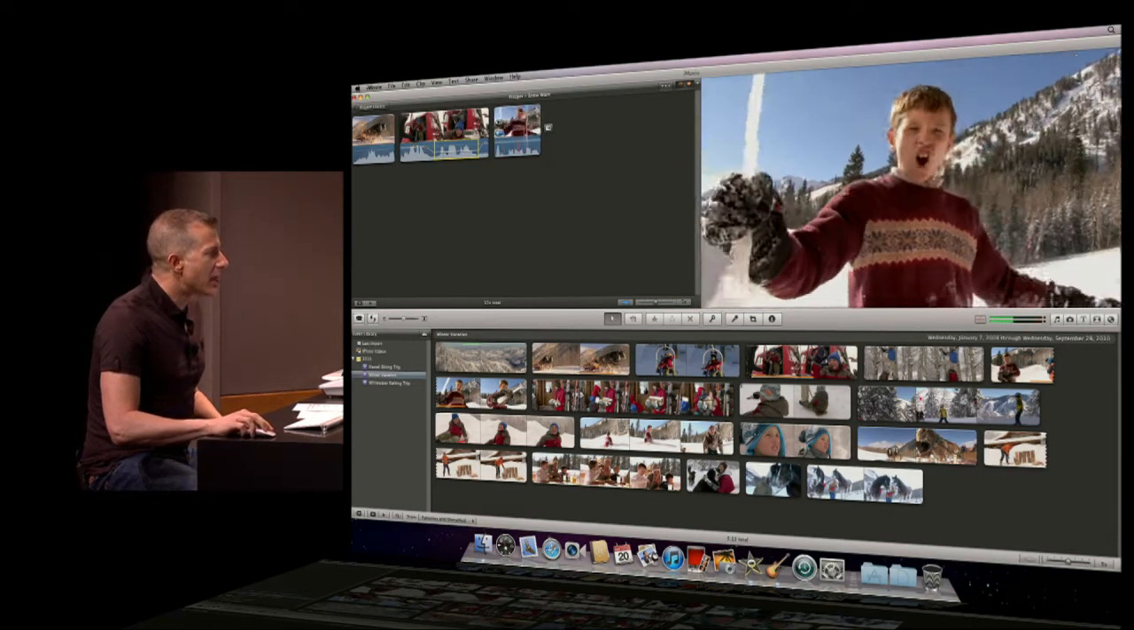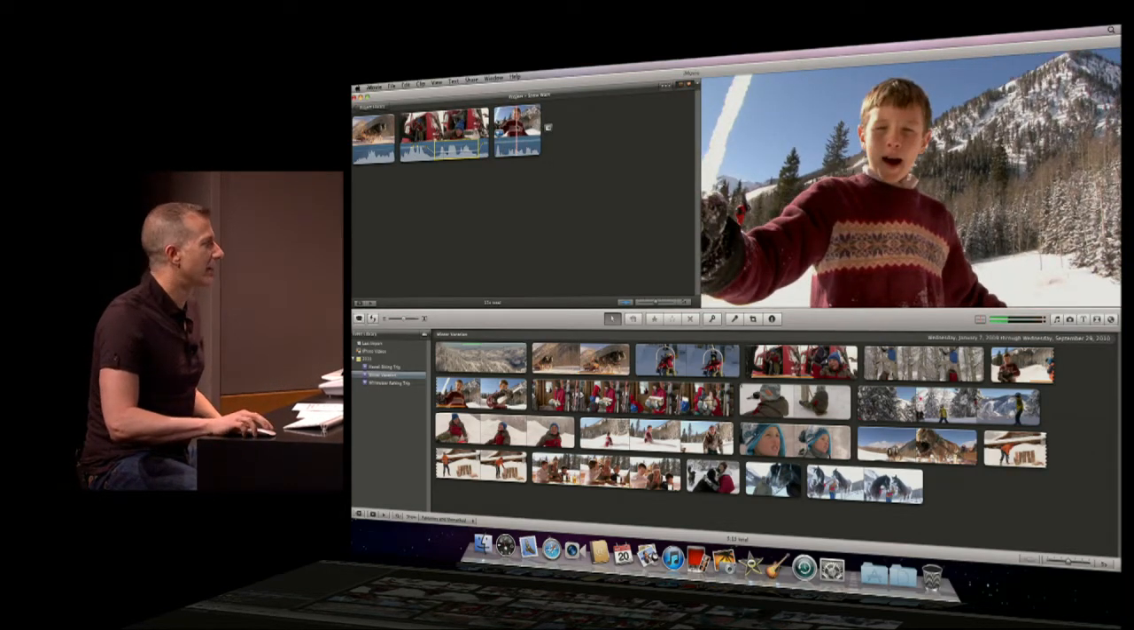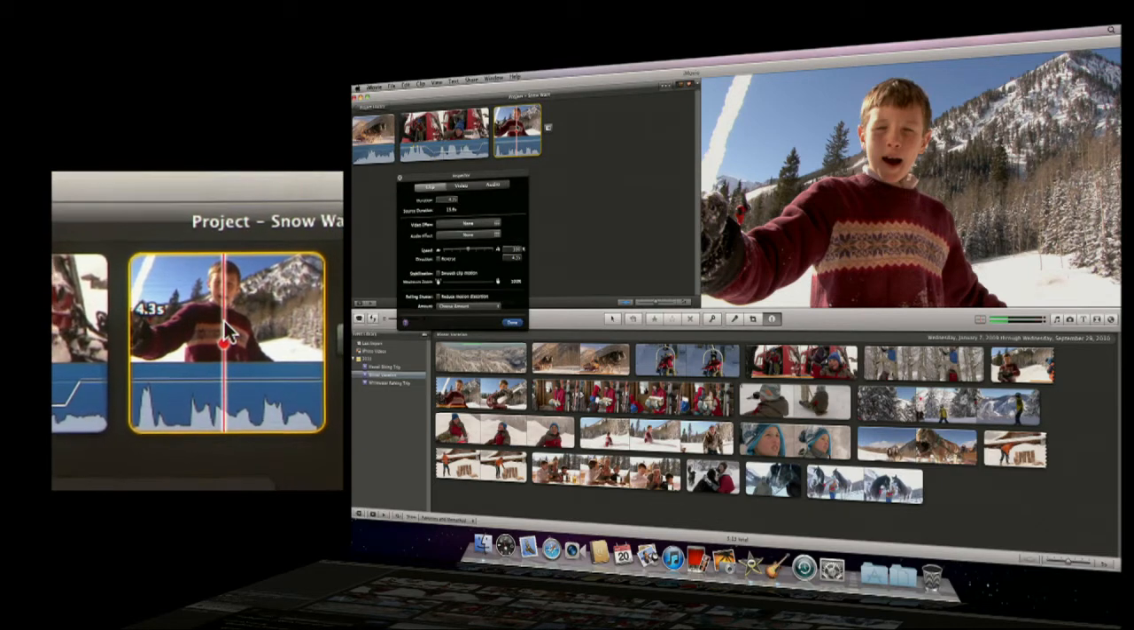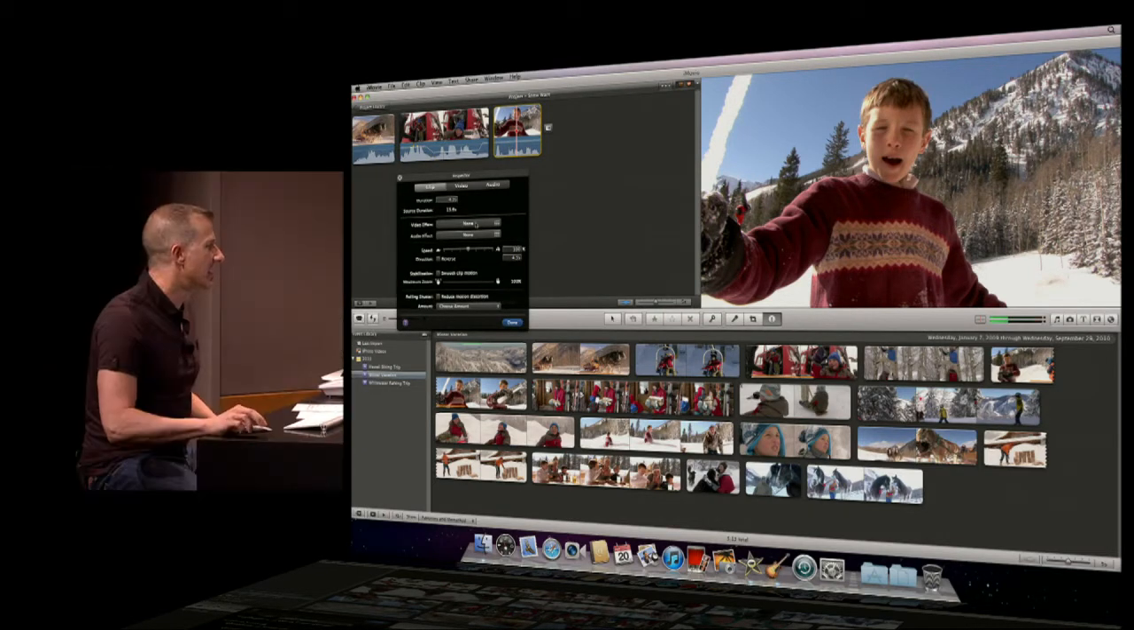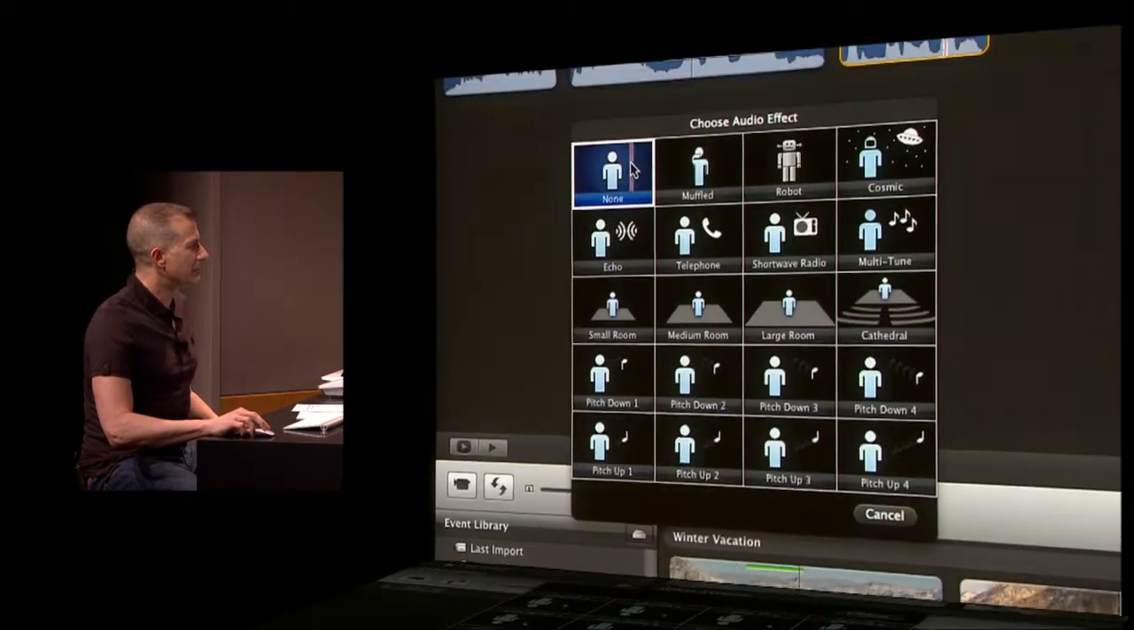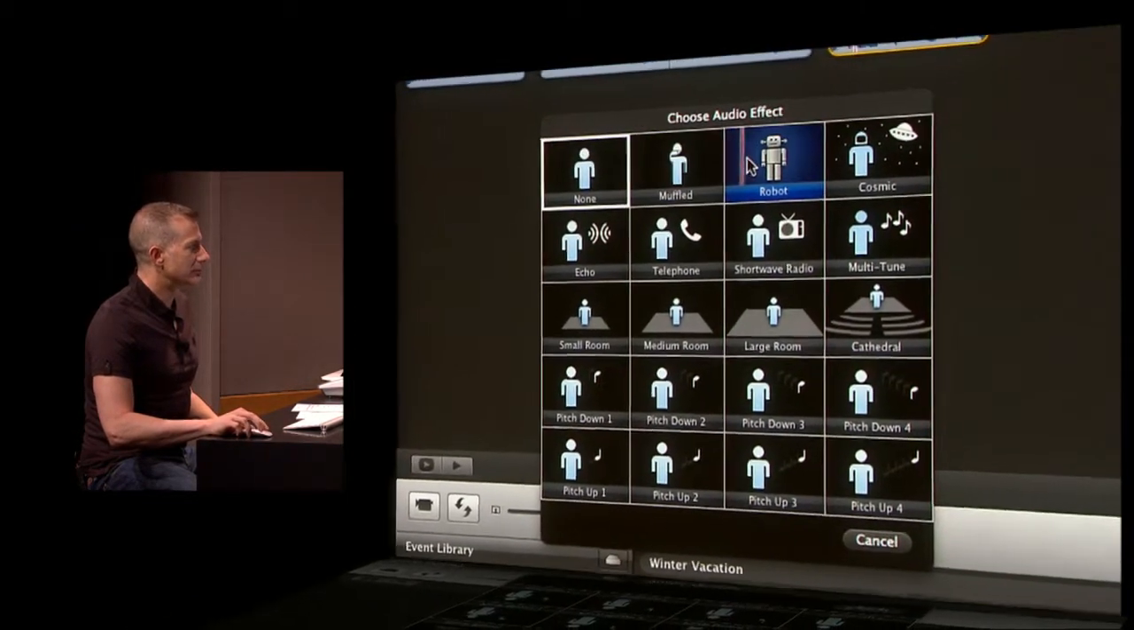In iMovie '09, we introduced video effects. Well, in iMovie '11, we've now got audio effects. I bring up my inspector, and when I click on the audio effect button, it's going to play back the clip, and all I have to do